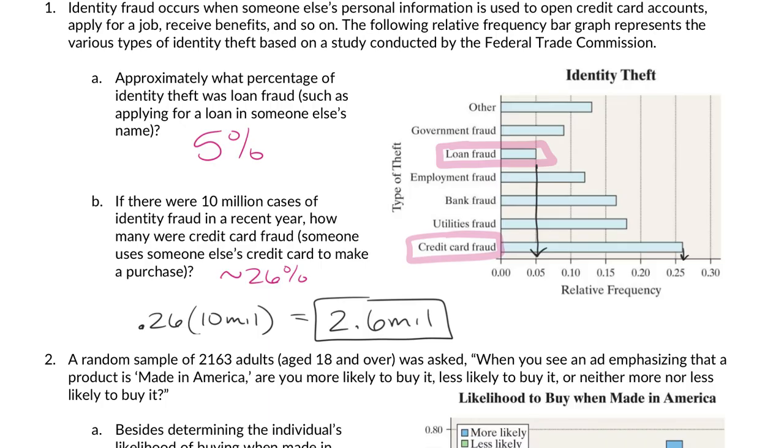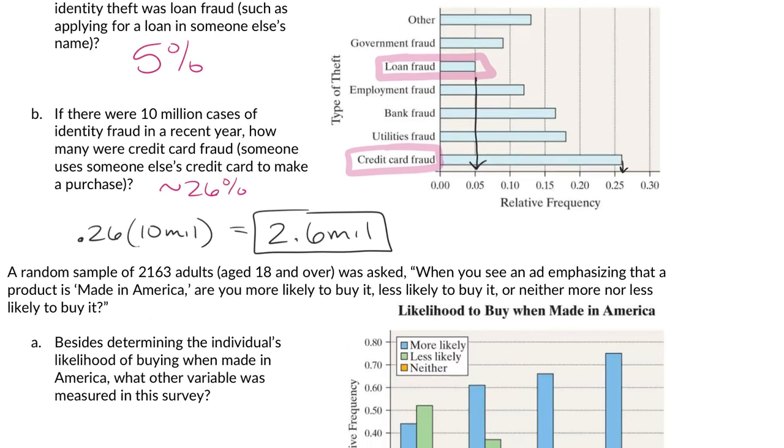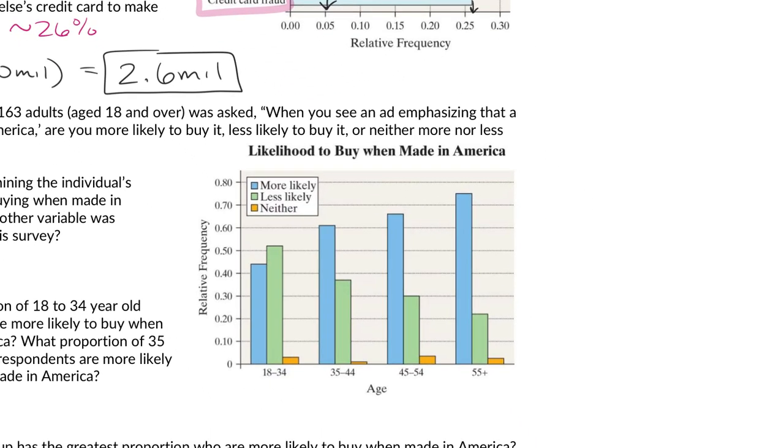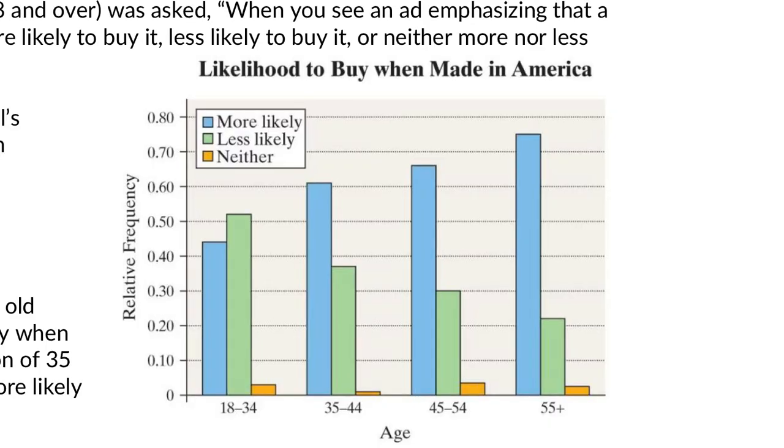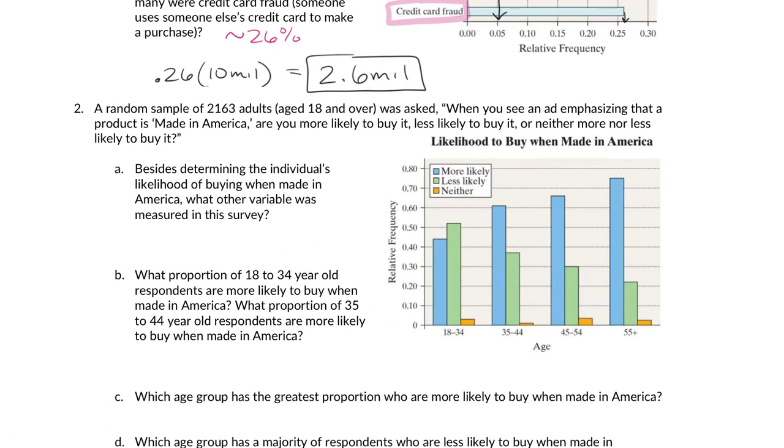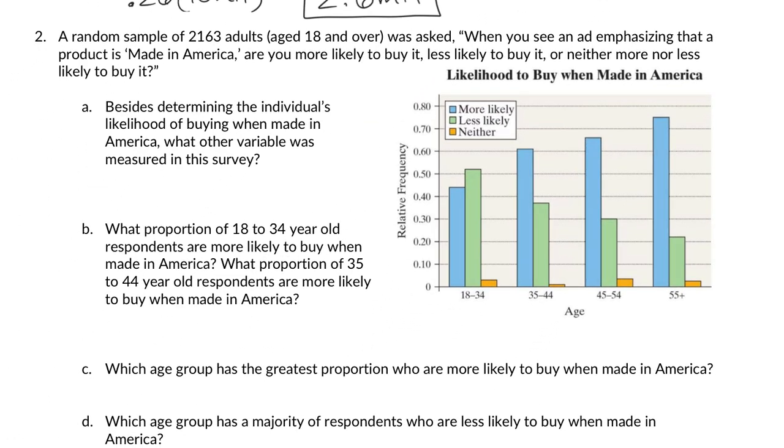Okay, annoyingly, this next question won't make sense unless you color code or at least indicate to yourself what means what. So I'm going to pause for a second. Yours printed in black and white, which means we can't read it. So give yourself a second, color code this, and then we'll discuss the questions. Okay, again, don't overthink these questions. We've been reading bar graphs and pie charts since forever.